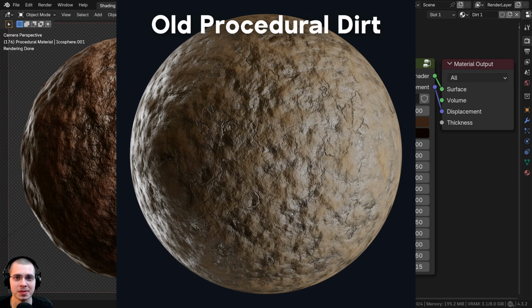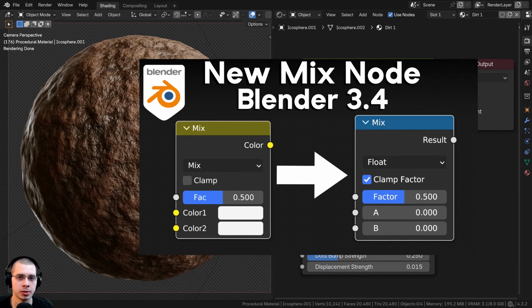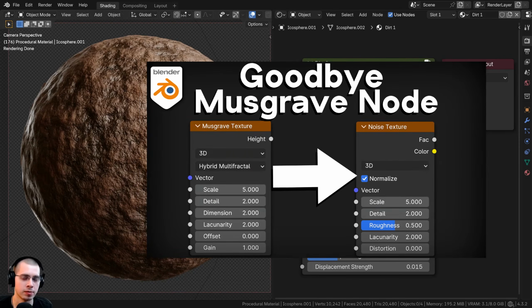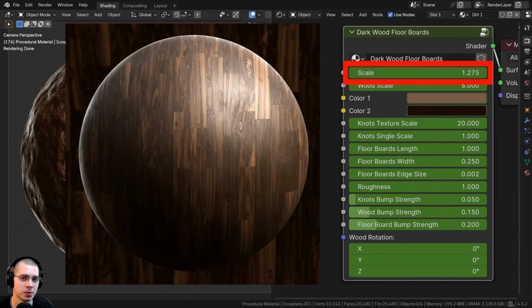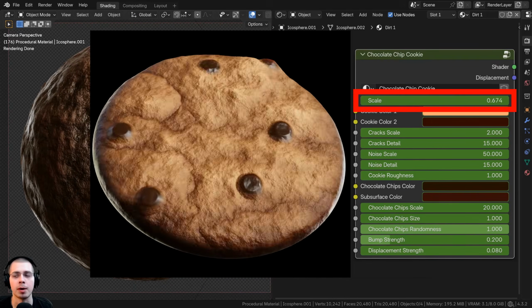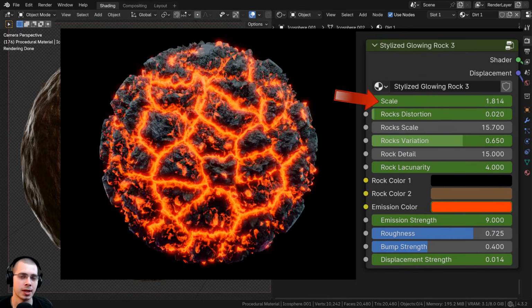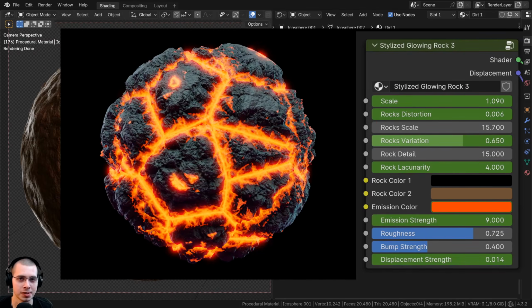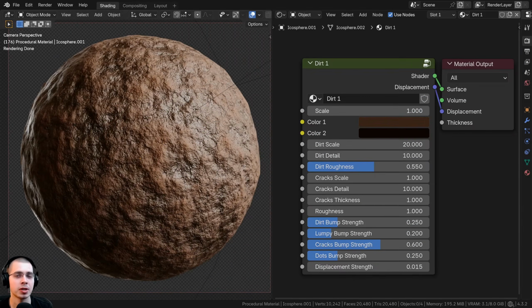Blender tutorials. There's also been some node changes in Blender, like the Mix RGB node being changed to the Mix Color node, and also the Musgrave node being merged with the noise texture. And I've also really improved my skills with creating procedural materials, so the materials look more realistic now. I've also learned how to add displacement so the materials actually pop out of the mesh, and also in my newer procedural material videos I show you how to join the materials together into custom node groups so they're more customizable. So over the following weeks and months you might see some new tutorials which are an update from my